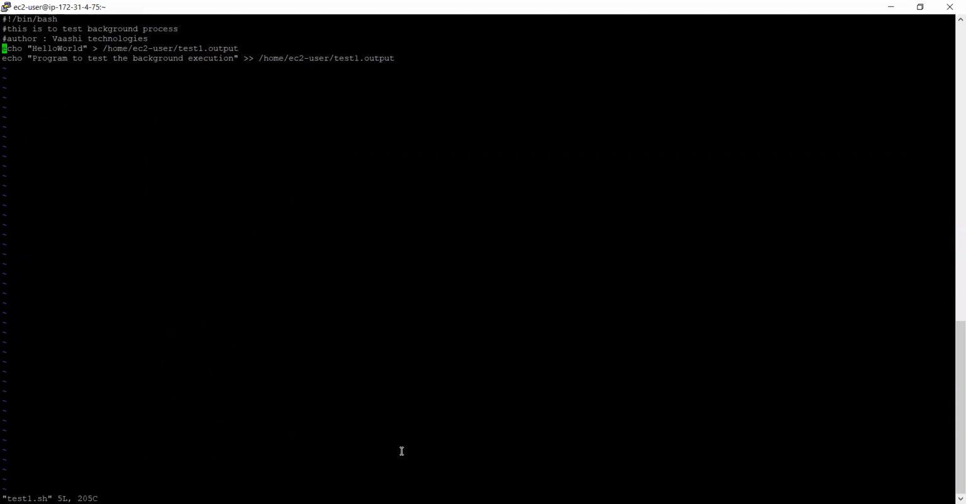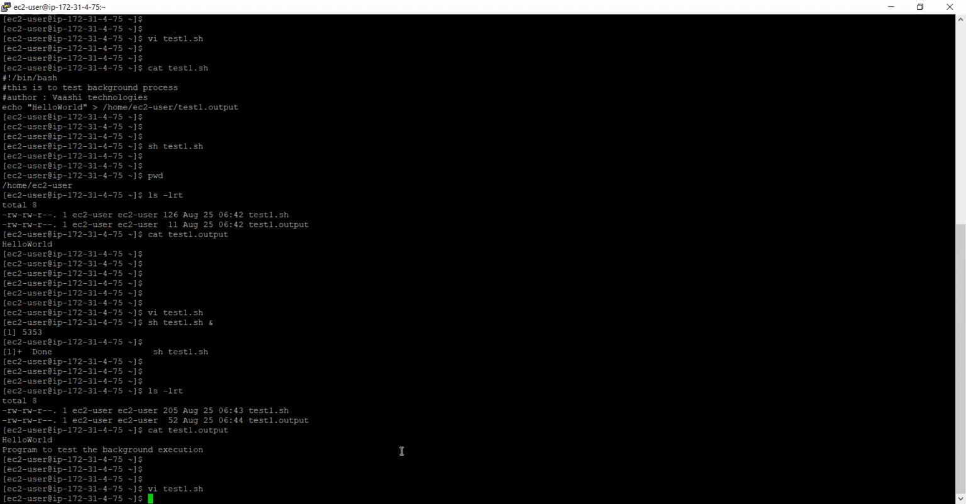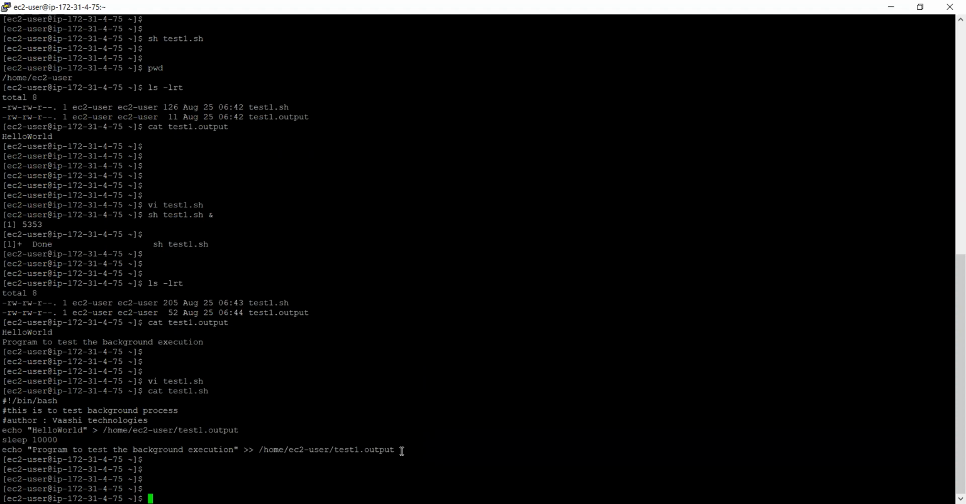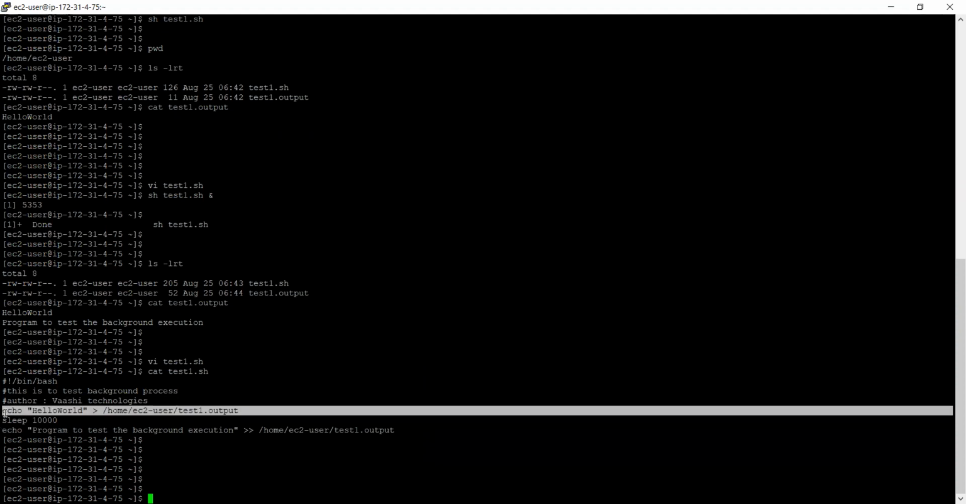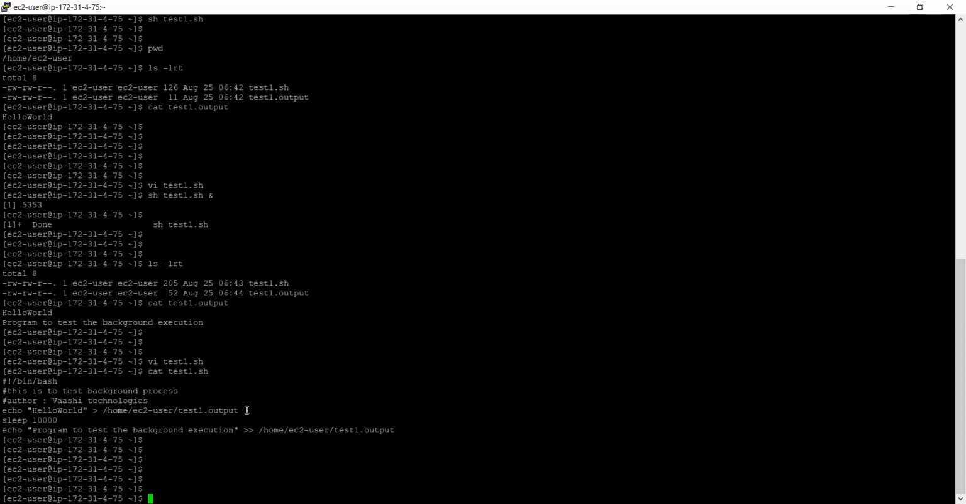Right. So what I'm going to do is put sleep 10,000 seconds here. Okay. So let me save this. To show you the difference, first it will execute echo hello world and it will start sending the output to the test1.output file. Since it has a single redirect, it will replace the existing content in the test1.output file and create it as a fresh file with the same name. And then it will sleep for 10,000 seconds. And then,